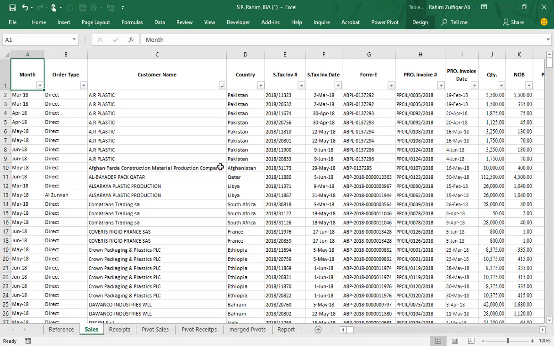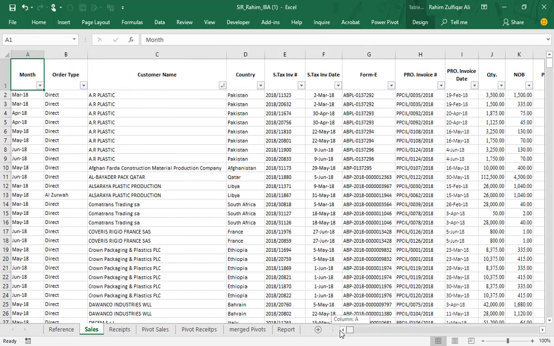Okay, so he has sent me this sample file, and we can see that we have some sheet tabs, different sheets, and we have the data. For example, in the sales sheet we have the sales data, which consists of month column, order date, customer name, country, form E, PRO invoice numbers and dates and their respective amounts.